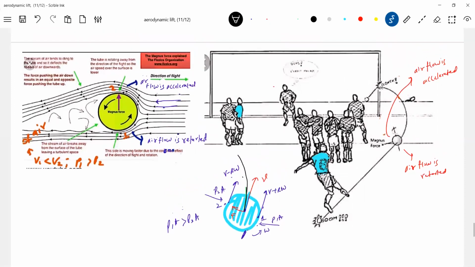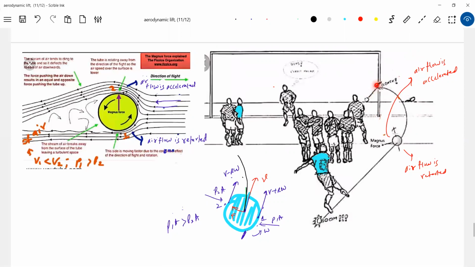So now what will happen? You should raise it up. You should not send it here because this person can easily block this area. It should come somewhere in this region. Even if he jumps, he cannot block that one. So the ball will go like this, and it will bend. So that's why two persons will come. First, one person will come and kick.